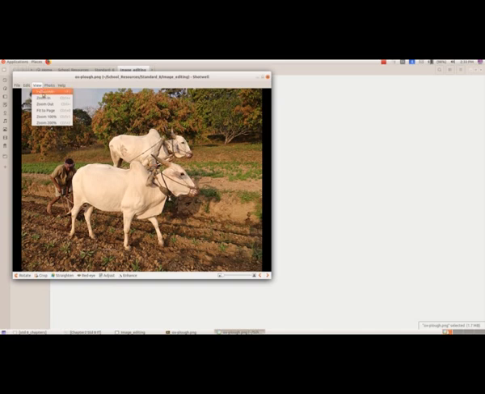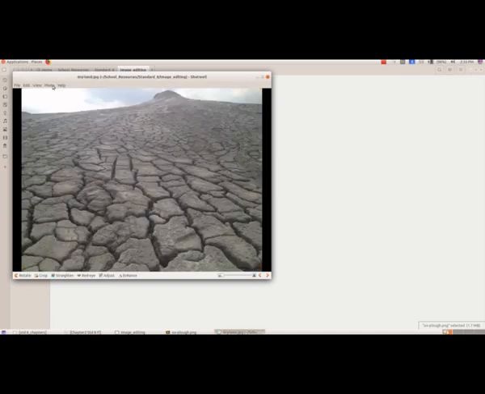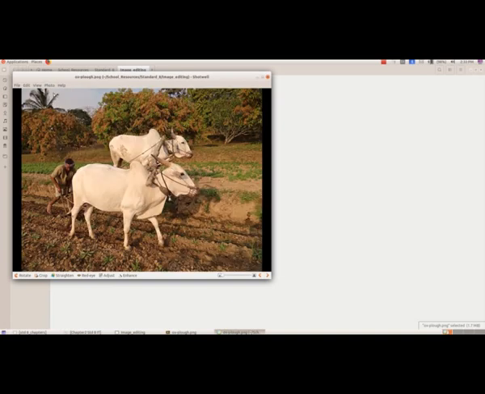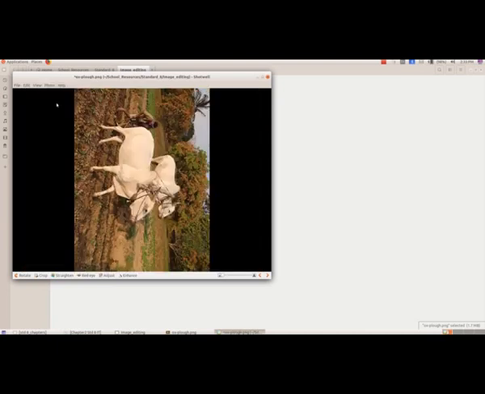Then we have photo: previous photo, then next photo. Then we have rotate right, the same things that we did using GThumb.